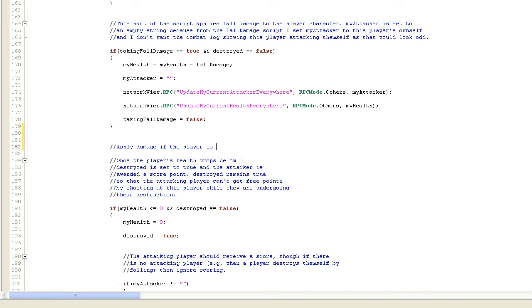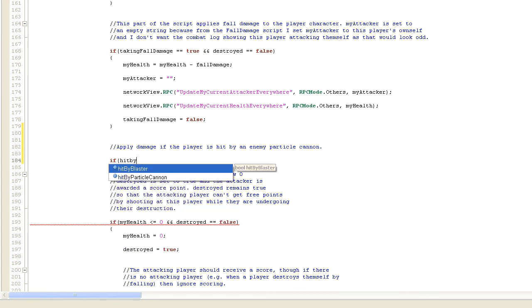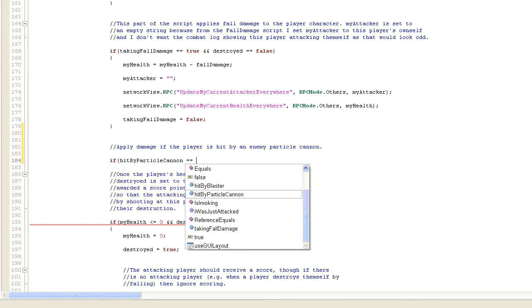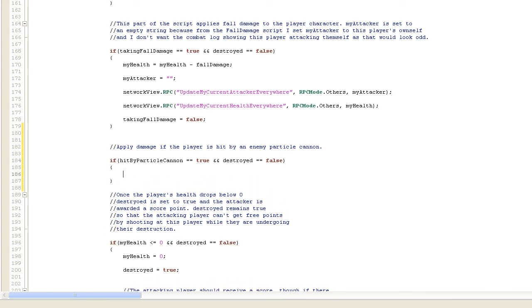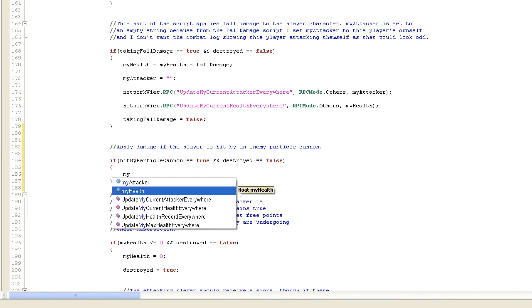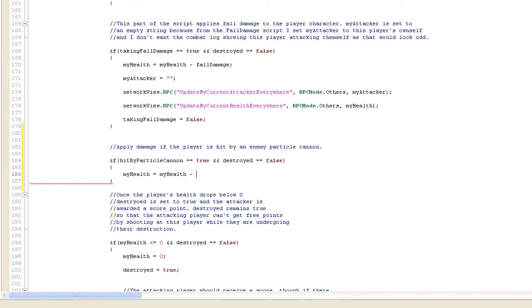So if the player is hit by an enemy particle cannon, so if hit by particle cannon is true and destroyed is false, then we'll set my health equal to my health minus particle cannon damage,